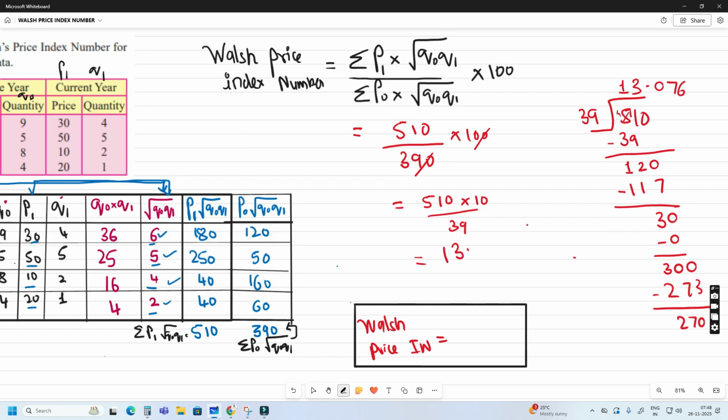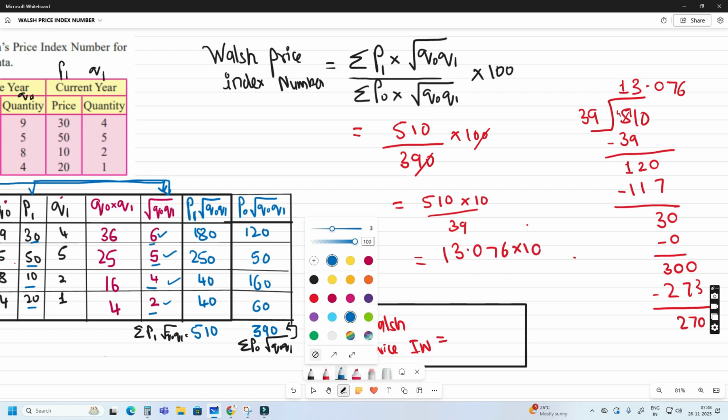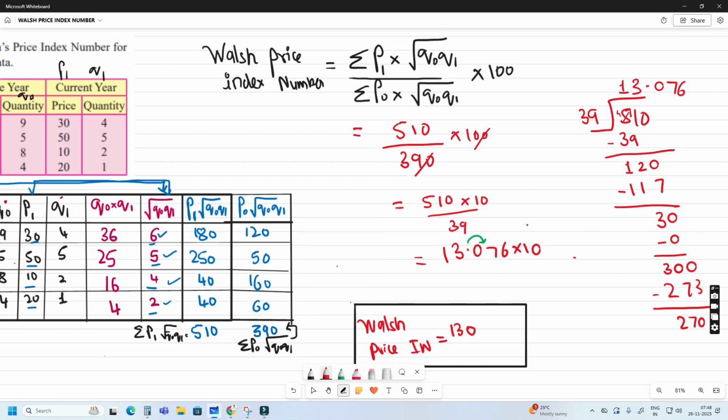So you are getting 13.076. Multiply by 10, पॉइंट जो है एक नंबर आगे चले जाएगा, right. So ये 13.07 है, तो you take this point one number आगे because multiply by 10, so the final answer will be 130.76. ओके, तो आई होप आप लोगों को समझ आया।